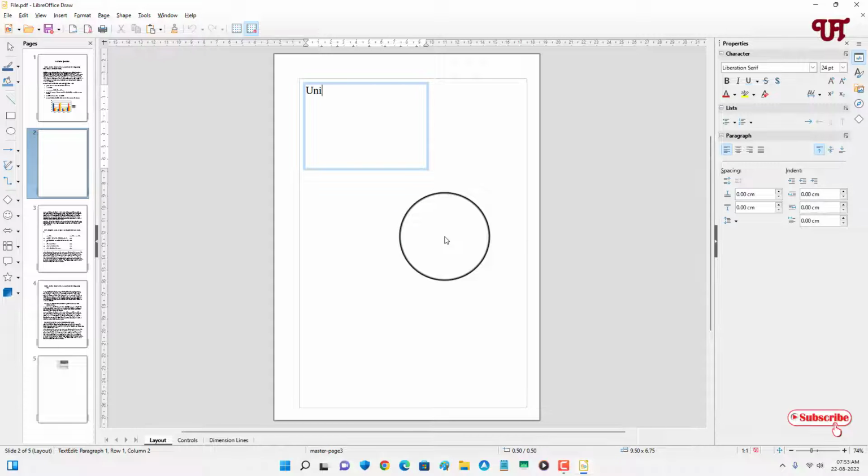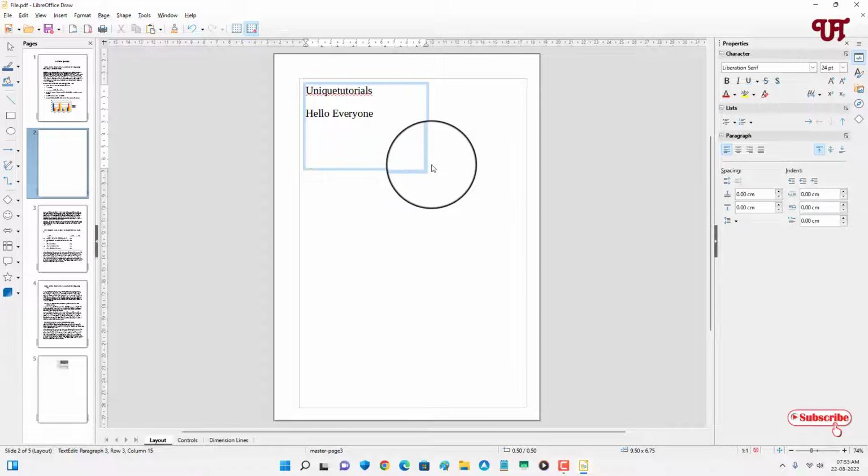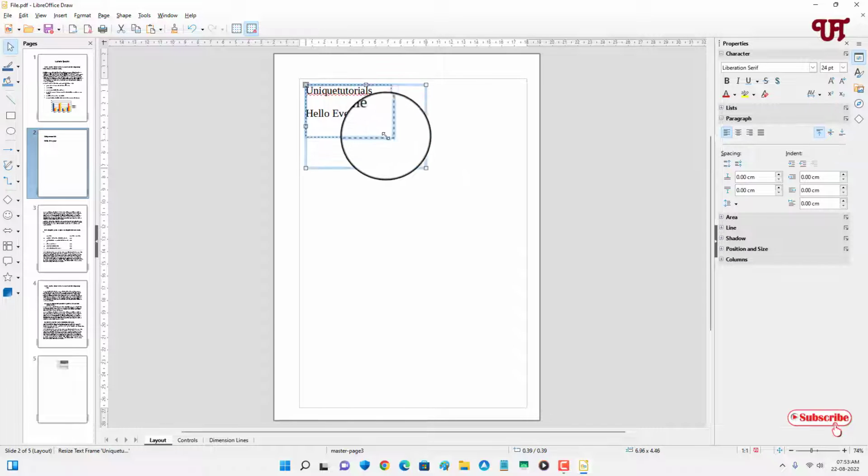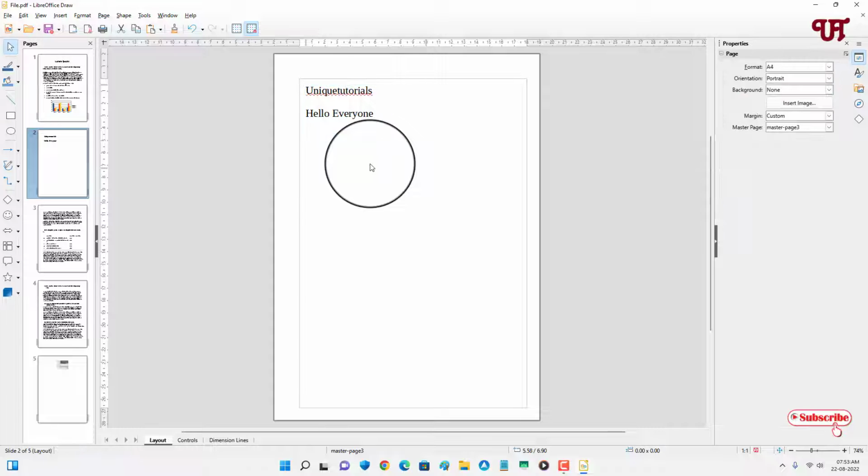So let me type it. Even you can move this wherever you want to move. Even you can resize this box,